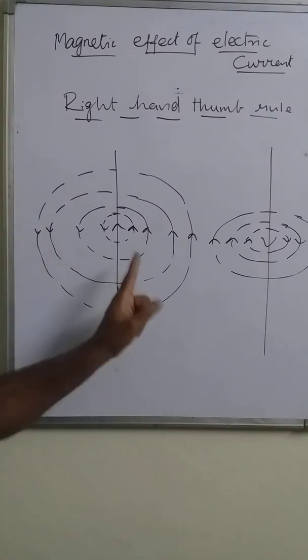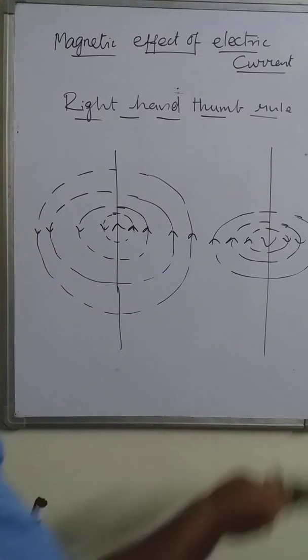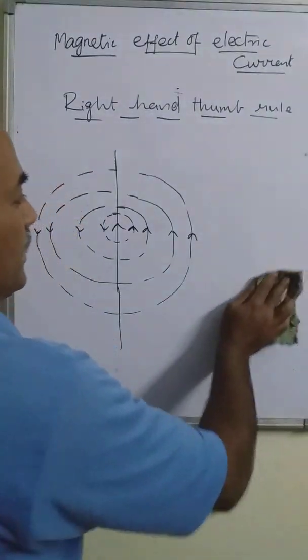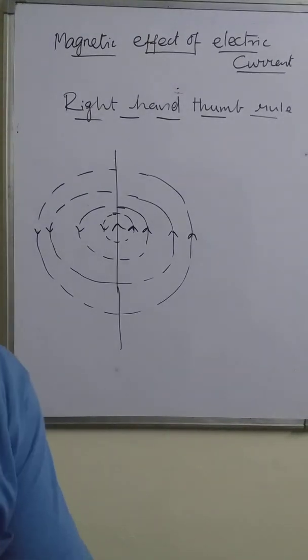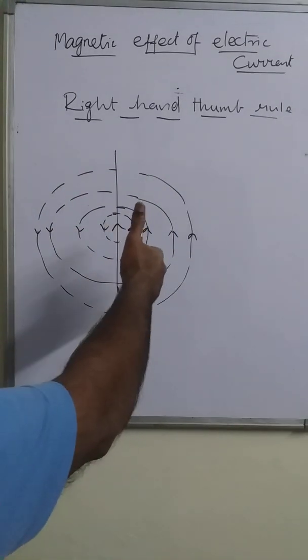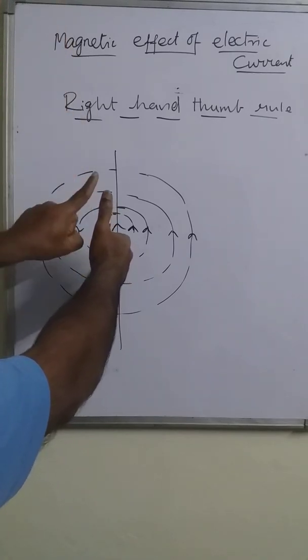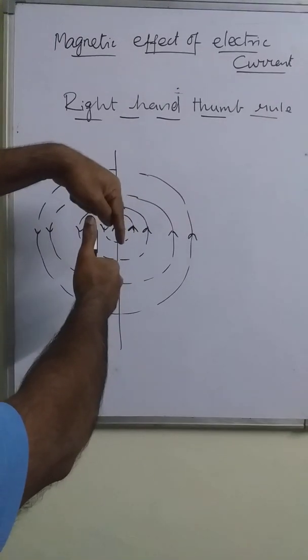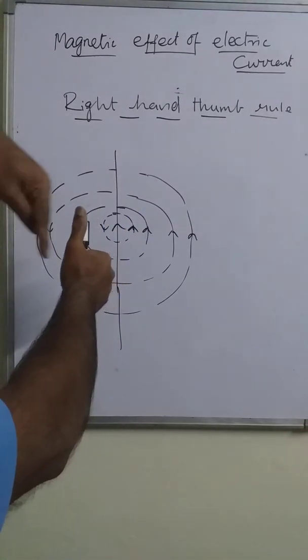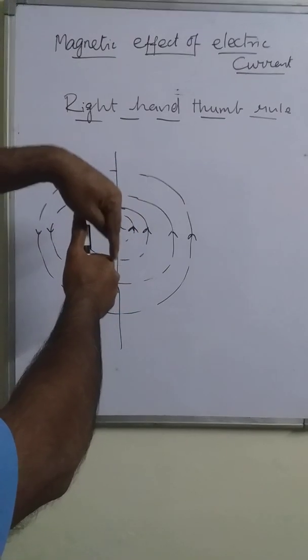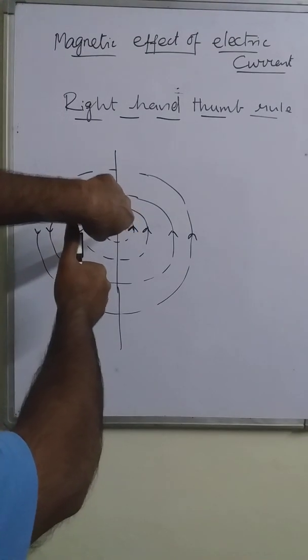Right? If we imagine so, here, let me take one conductor which is carrying current in the upward direction. Here you see the circular pattern. These circles are perpendicular in this way. The field lines are horizontal. So at any point on this circle, the direction of magnetic field is along the tangent to it.